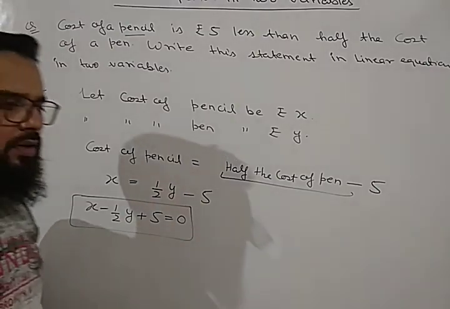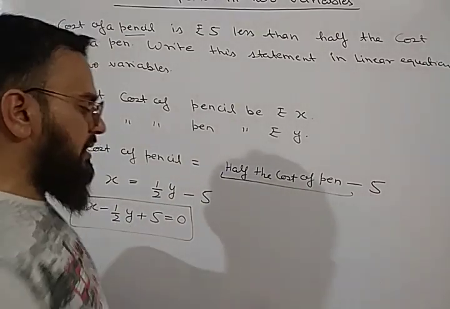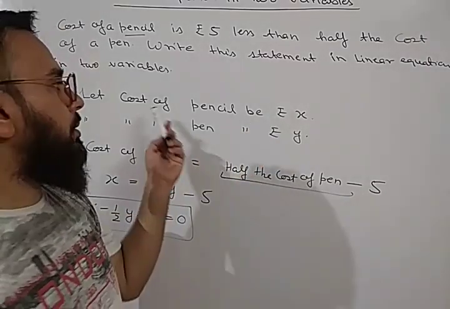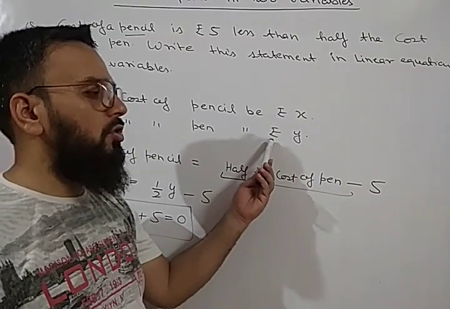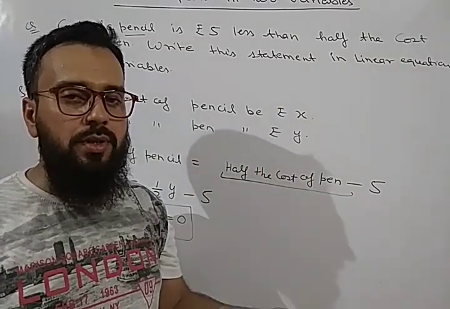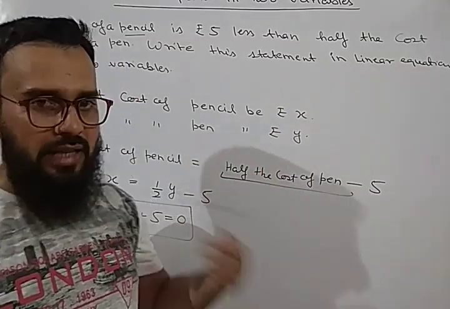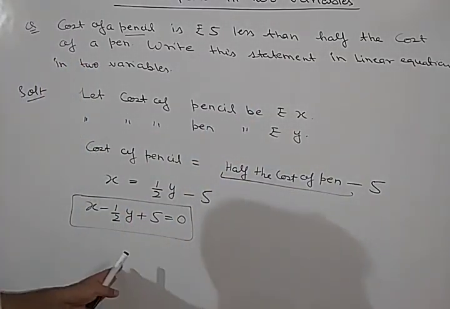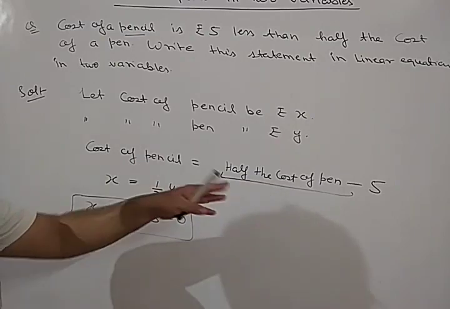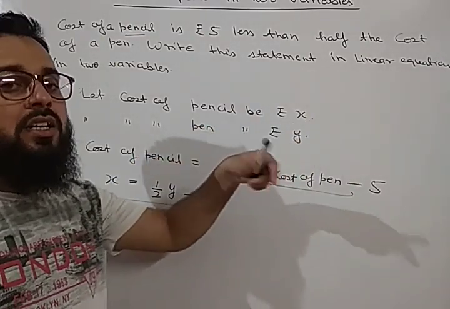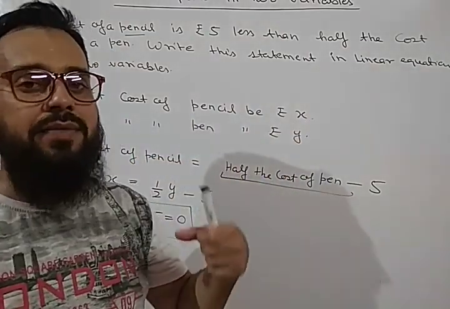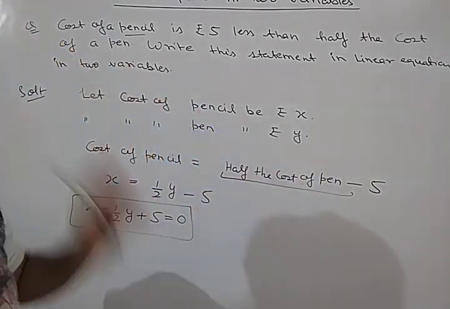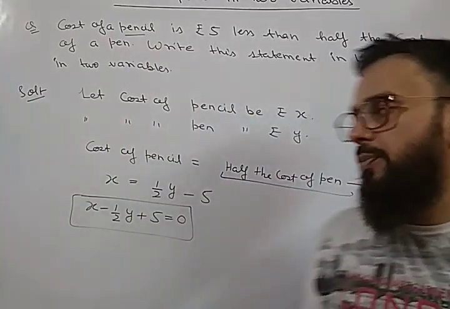So sometimes when you check the answers, the variables x and y may interchange, because you can take the cost of pencil as y, cost of pen as x. So don't be confused. Sometimes in the books, the answers may be different in word problems when you form the equation, because that will depend on the variables x and y, to which quantity you have taken as x and which one you have taken as y. So don't be confused. Now in this way you can form the linear equation by the word problems.